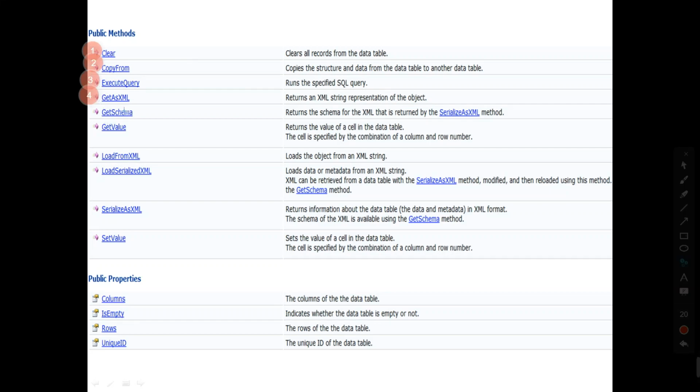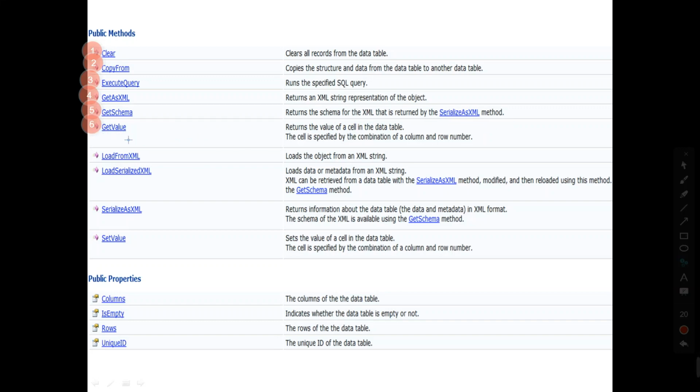And the fourth method, GetAsXML, returns an XML string representation of the object. So you can get a string value in the form of XML of the data table. In fifth, GetSchema returns the schema for the XML that is written by the SerializeAsXML method.